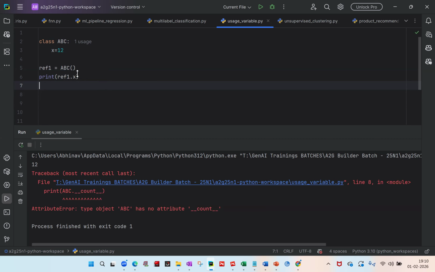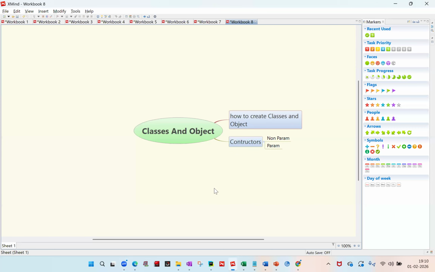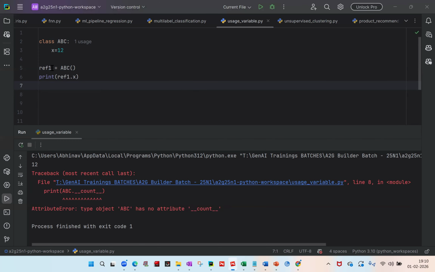Second thing is constructors. So what are constructors of a class? Constructors are used for any instantiation of an object. Instantiation of an object means when you are creating an object. So here, this line is known as the instantiation of an object, and it is used to instantiate the object. In Python, we have the underscore underscore init method, which is called a constructor and is always called when